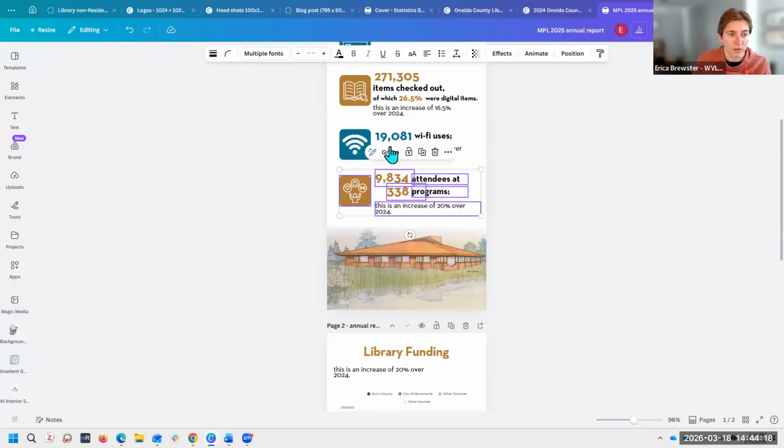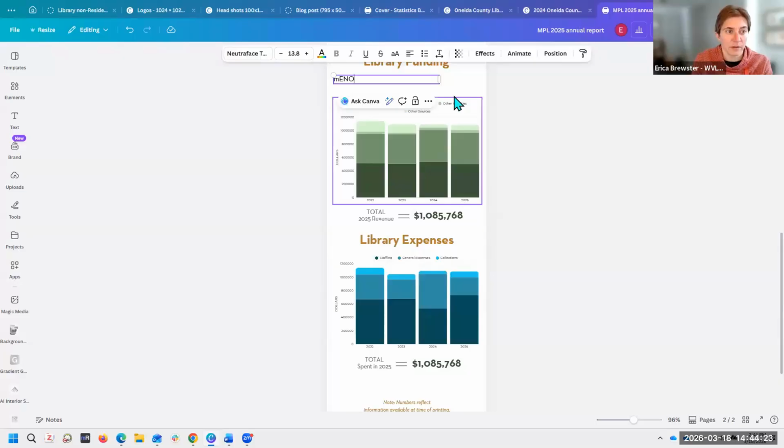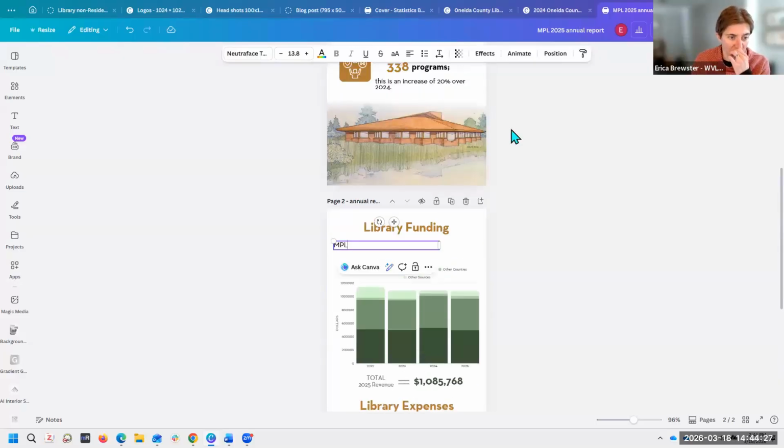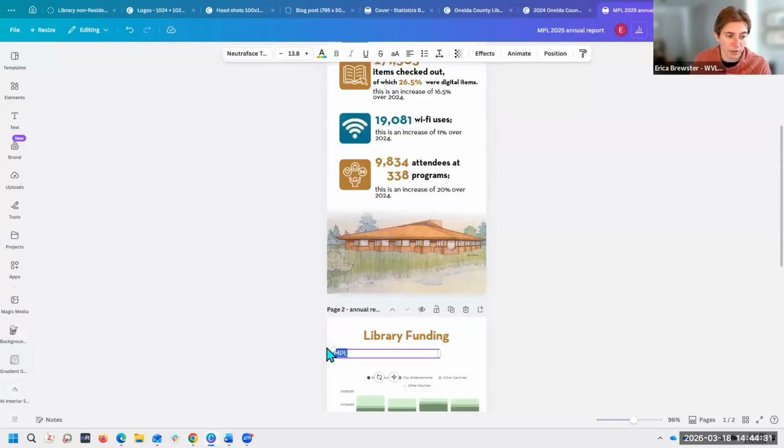Group this back so it doesn't get ungrouped. Let's see. MPL, and that's an abbreviation, but let's see. Menominee Public Library. Nope, I'm going to write out Menominee. Menominee Public Library